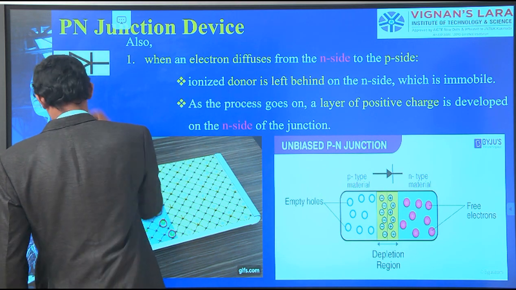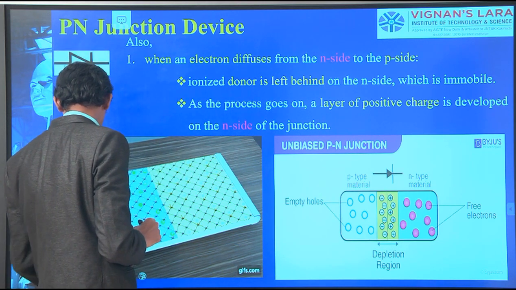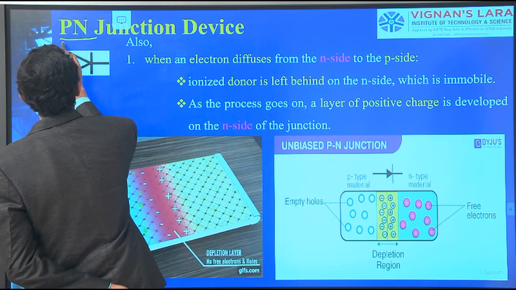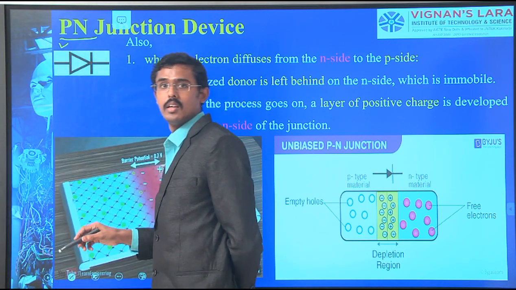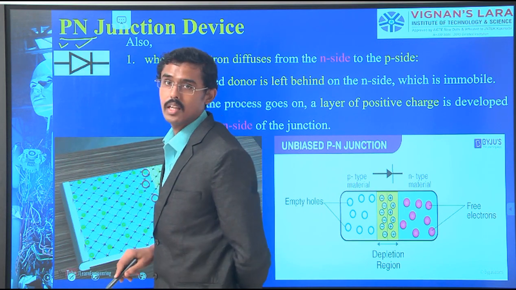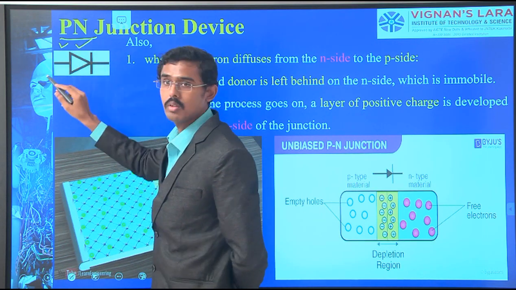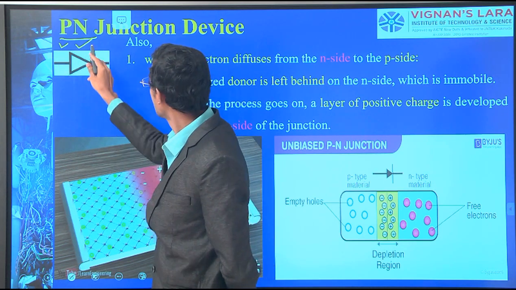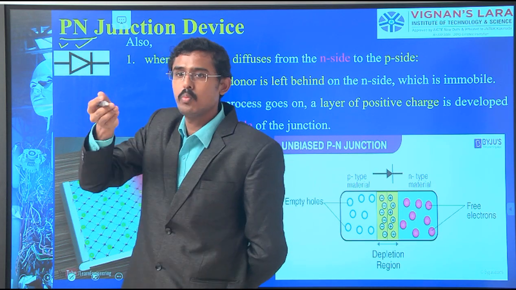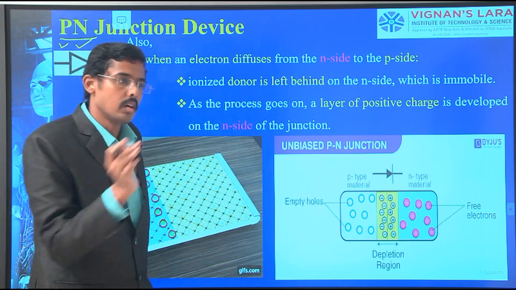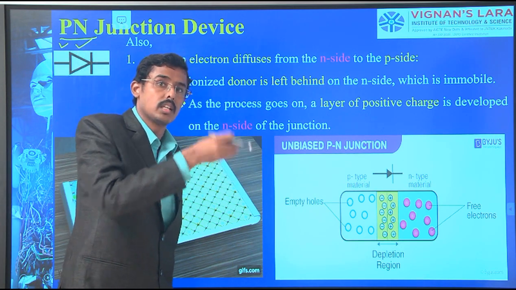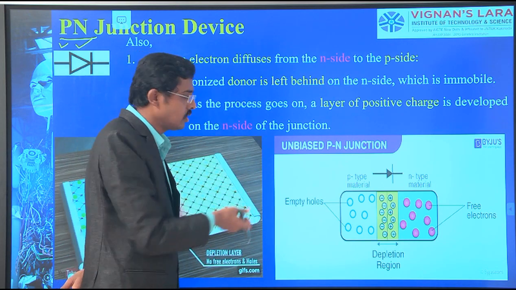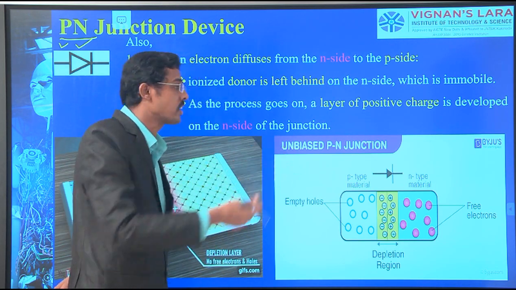PN junction diode. So we have seen this one separately and we have seen this one separately. Both belong to extrinsic semiconductor by adding the impurity. Now we are going to join these two for the improvement of the conductivity. We are already doing those impurity additions in the intrinsic silicon to add the conductivity. So there we are doing some variants.